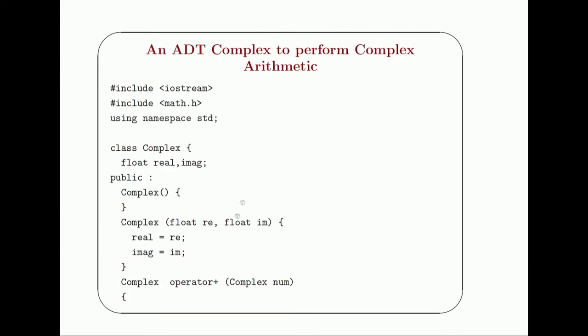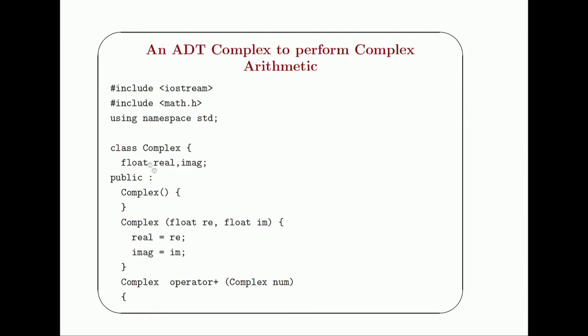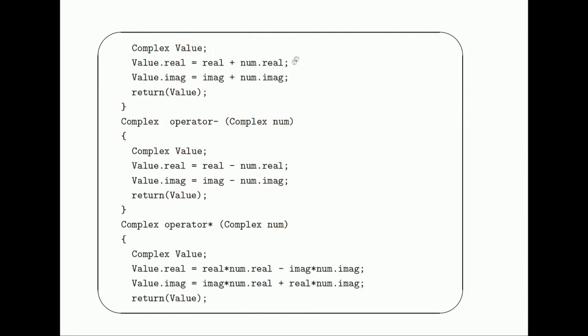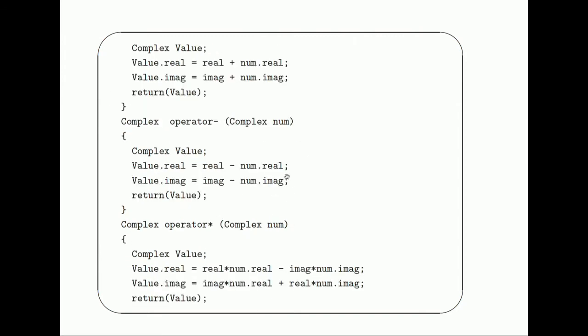Then notice that what I have done, I have taken the operator plus and said this operator now should mean, what is the meaning of this operator? This operator takes this particular object, and this real is added to the argument that is being passed, which is also of type complex. So, it adds that particular argument and returns the sum of the two complex numbers. Similarly, you have something which says the operator minus when it is complex should mean this.